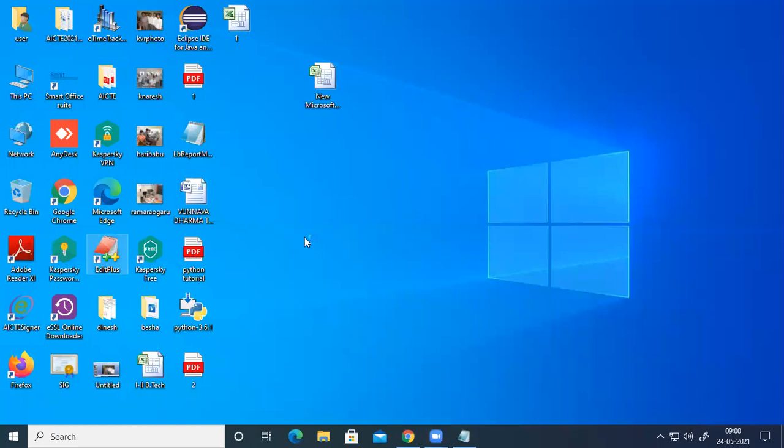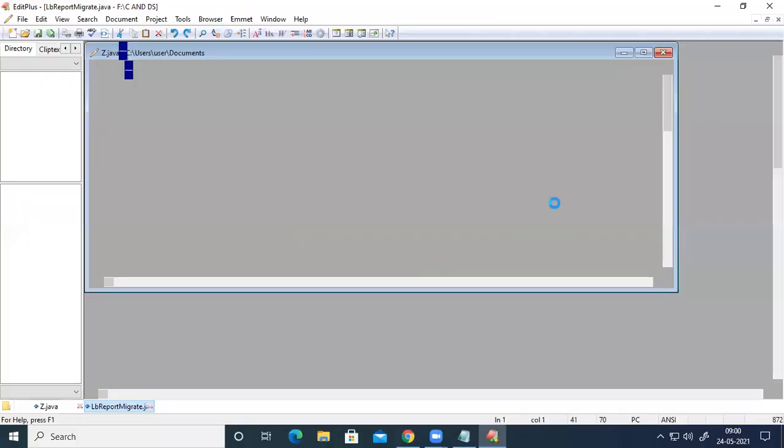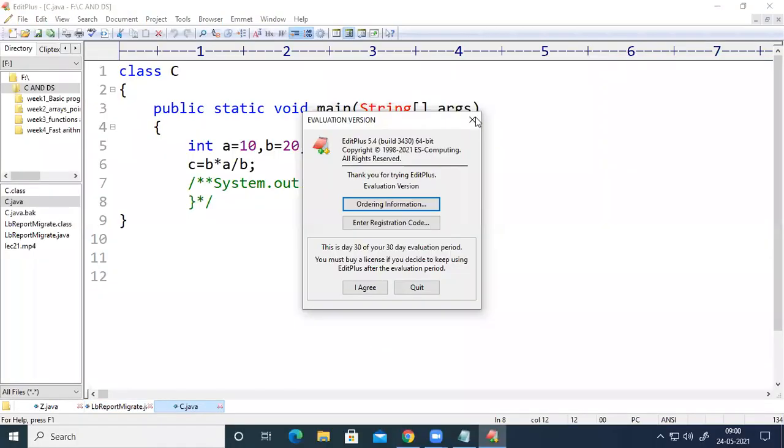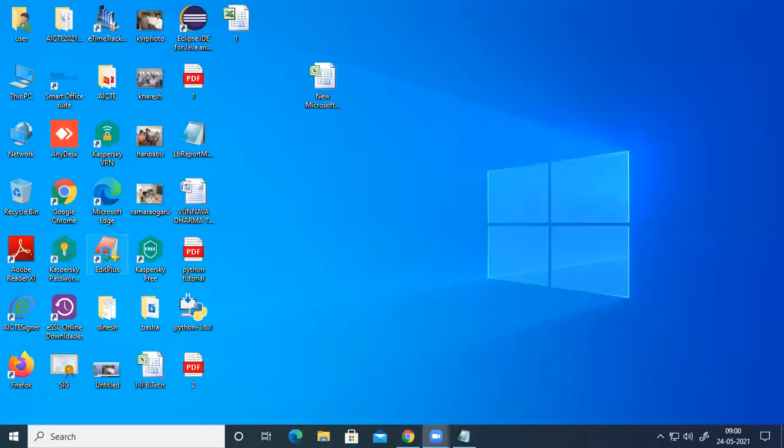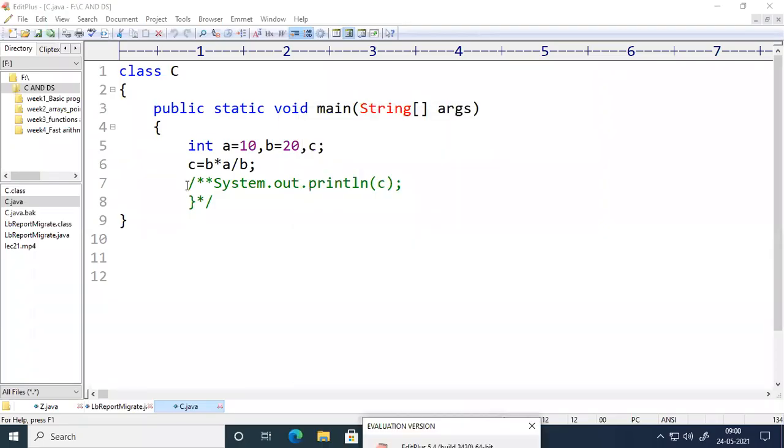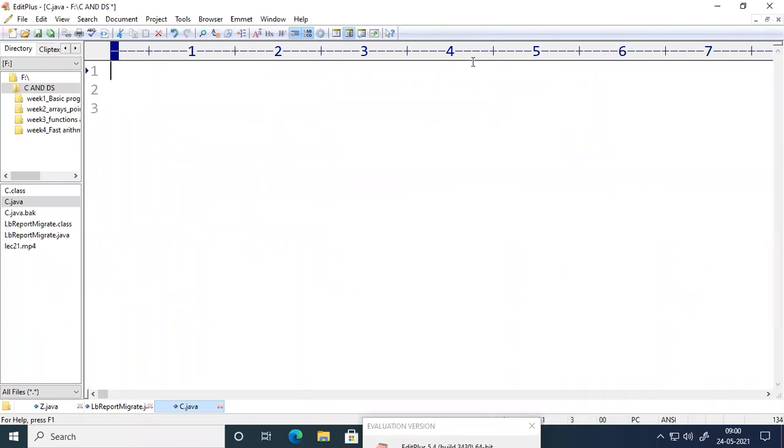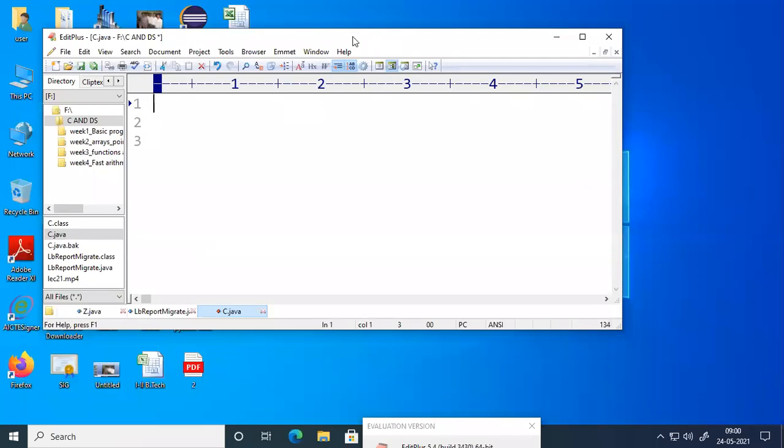For doing these Java programs, I am going to consider this Edit Plus software. So see here, let us keep the things side by side.